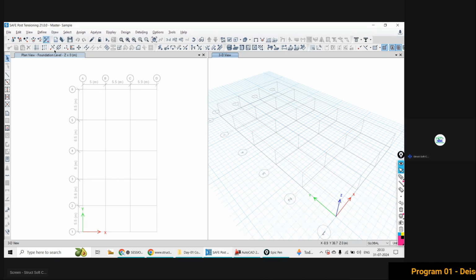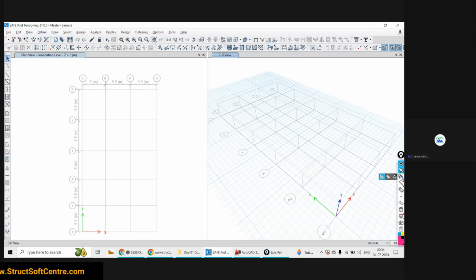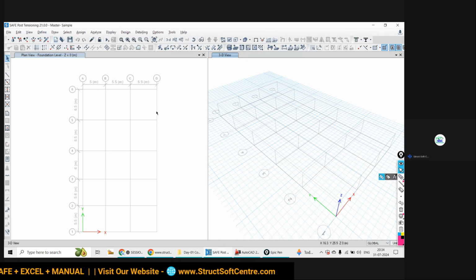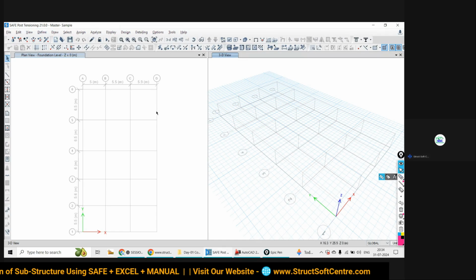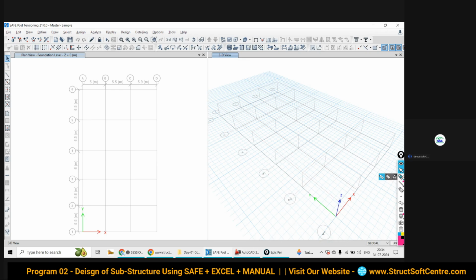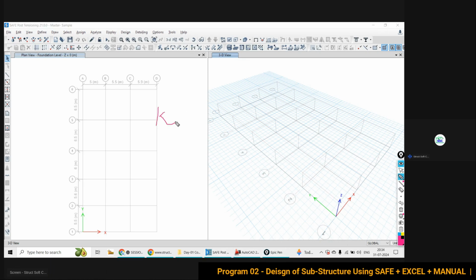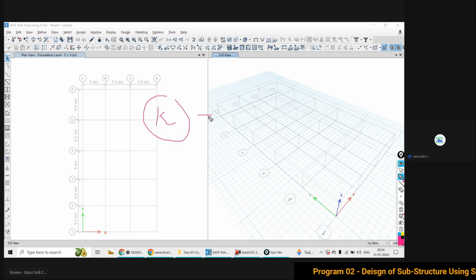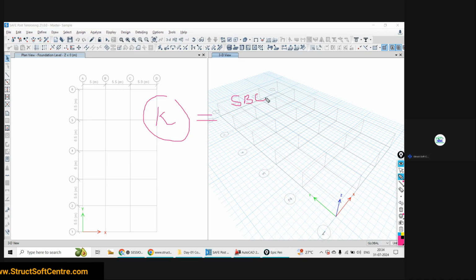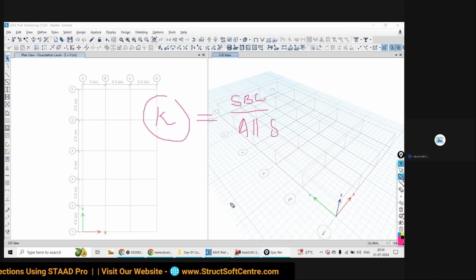So as of now we have to define the soil subgrade property. How can you define it? To consider the behavior or strength of the soil, we idealize the strength of the soil by a spring constant, and that spring constant is nothing but your soil subgrade modulus. This soil subgrade modulus will be equal to the pressure, meaning your SBC of soil, divided by the allowable settlement.